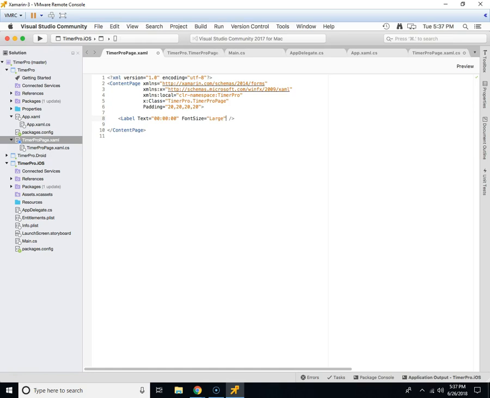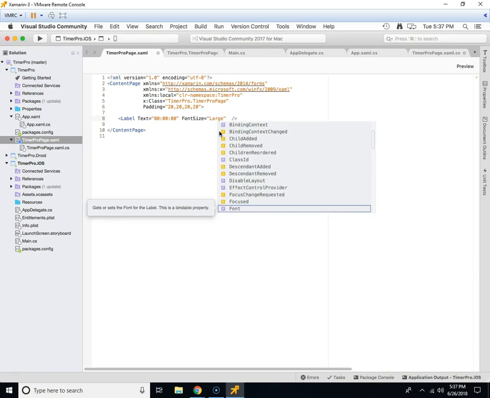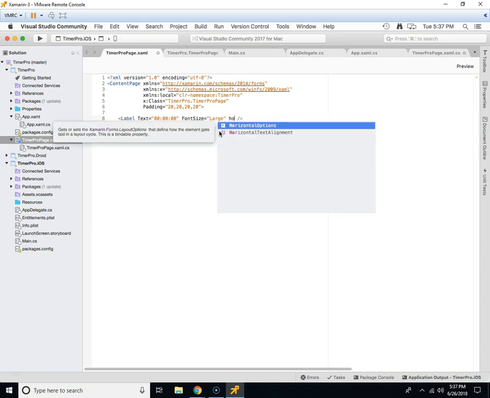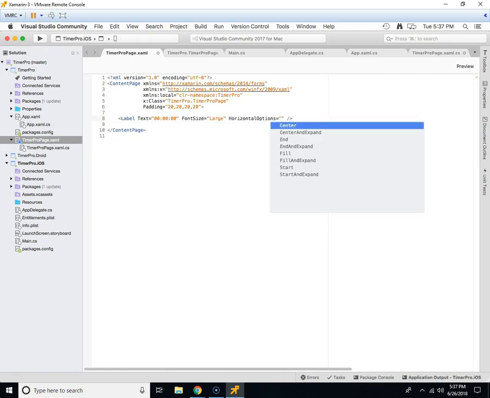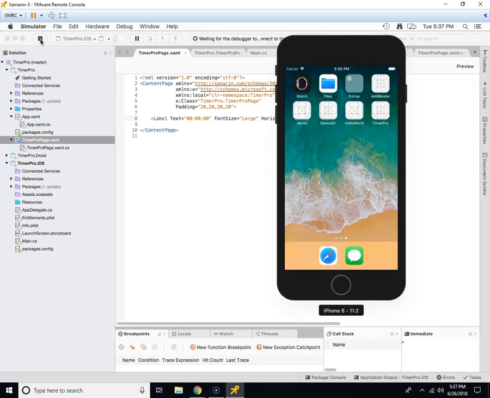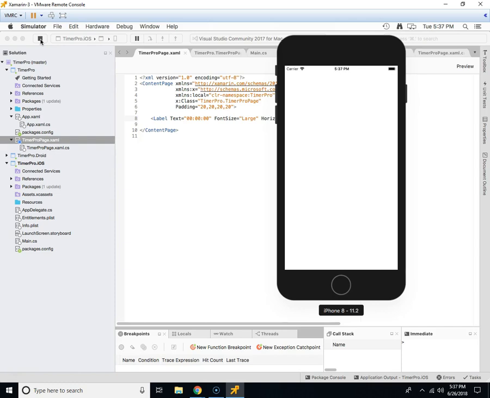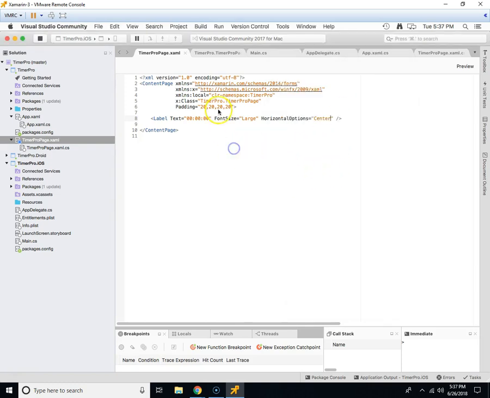And what I think I'm going to do here is I'm going to do a horizontal option. I'm going to center this. So I'm going to save that. And I'm going to run this and see what that looks like. Okay, so that looked good. So I want to push that down a little bit more. I'm probably going to push down like 100. So